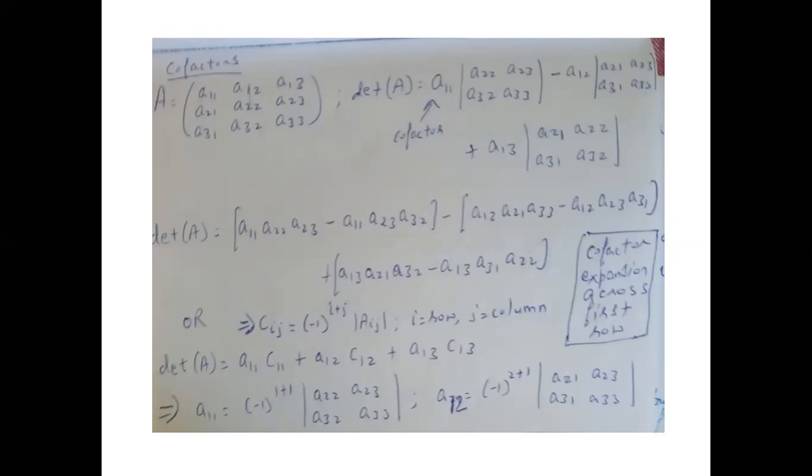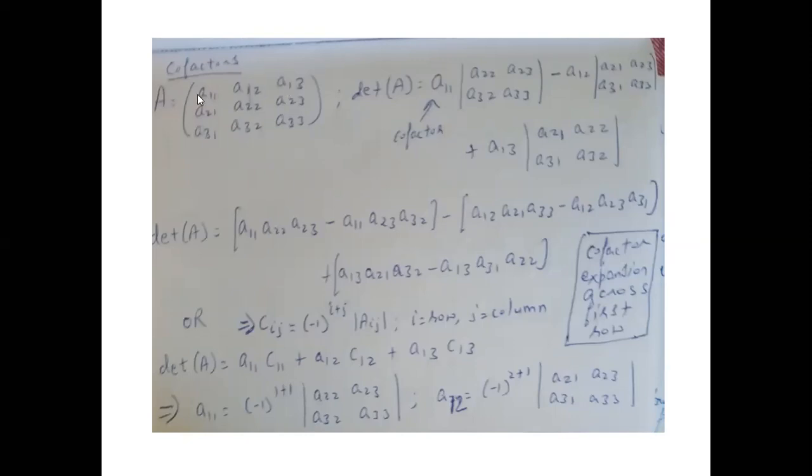Okay. This is the easiest way of explaining the cofactors, so please pay attention to this. We have been given a matrix A, which has these components. It is a 3 cross 3 matrix. How do we find the determinant of A? We'll keep A11 as it is, and we'll ignore this column and this row.